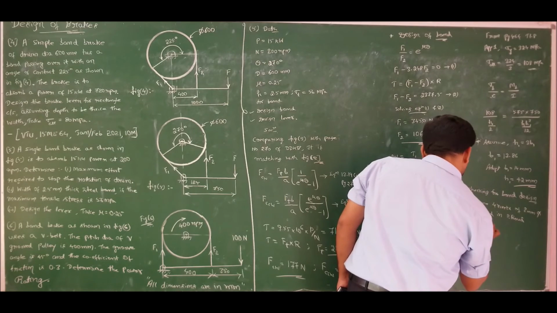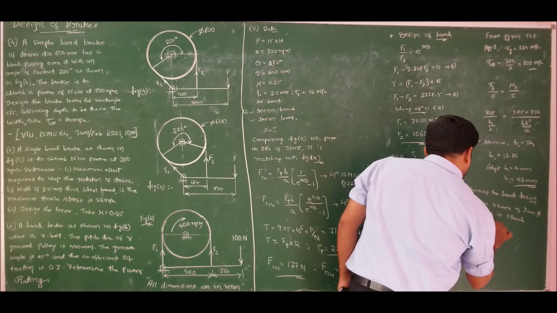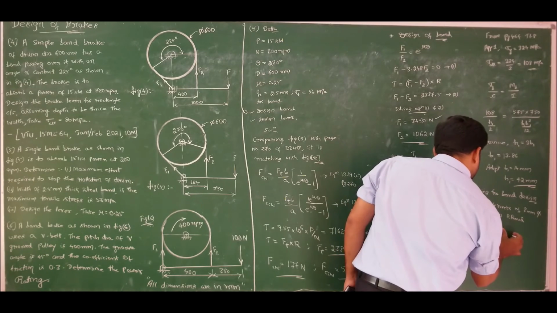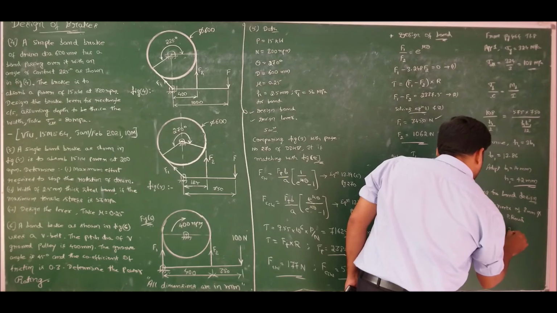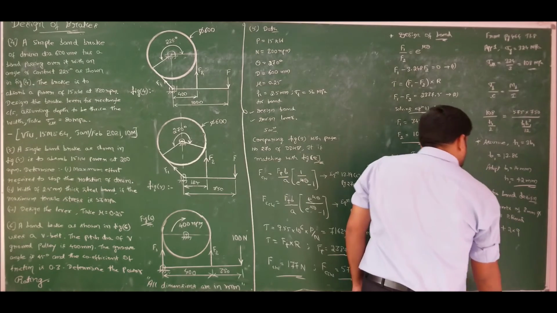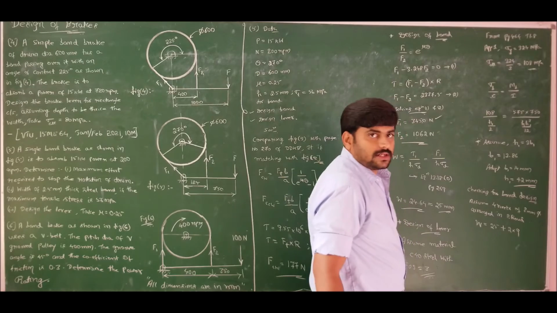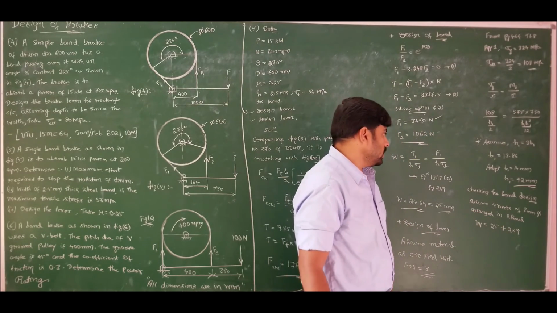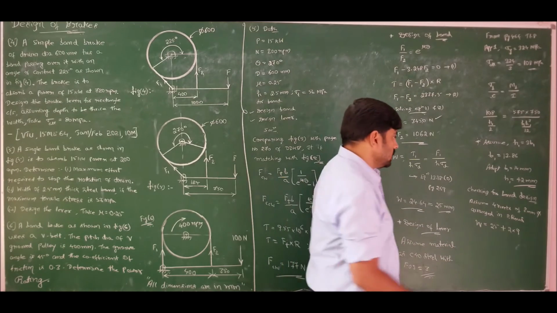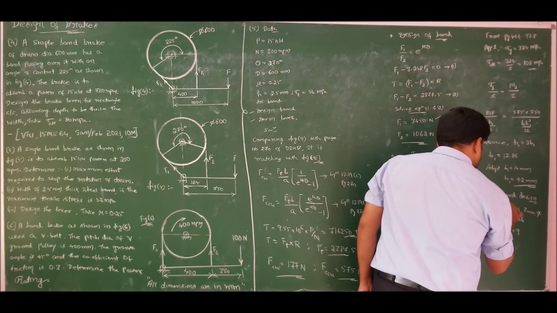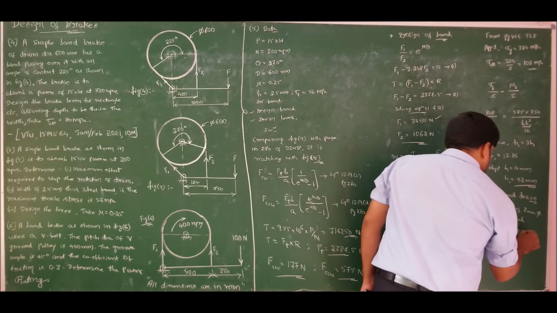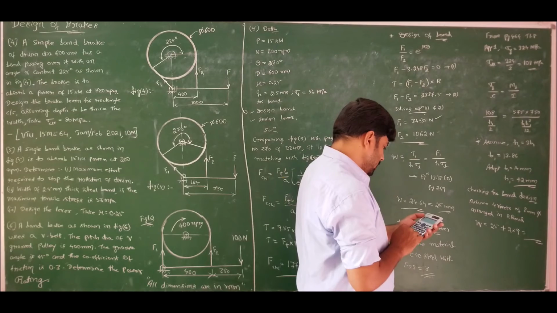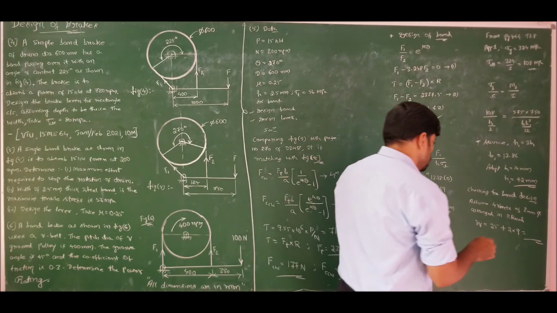So therefore we will get the actual width of band as, width what I obtained is 25 mm plus, we have 2 rows of, since the rivet is 8 mm diameter, the rivet hole should be 1 mm larger than the rivet. These you already learnt in design of rivets in our course on design of machine elements 1. So therefore the actual width will be 25 plus 2 into 9, which is 43 mm.